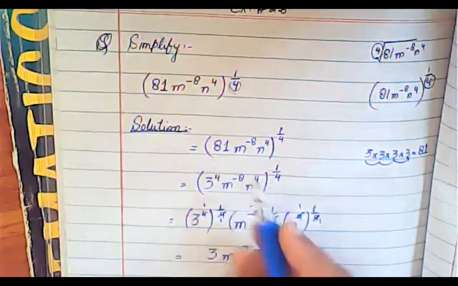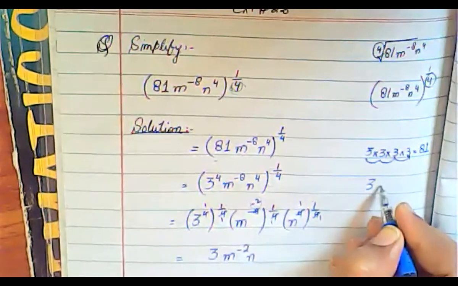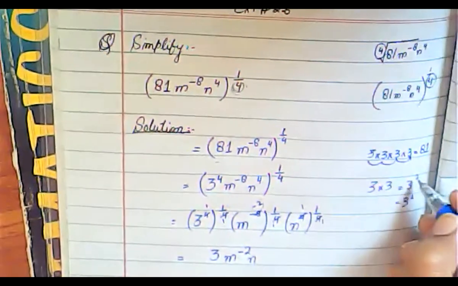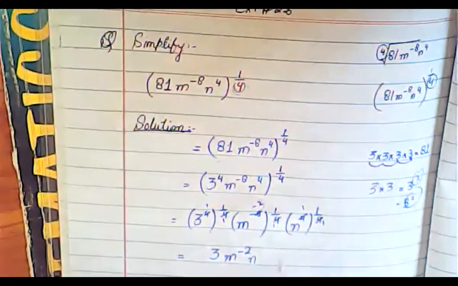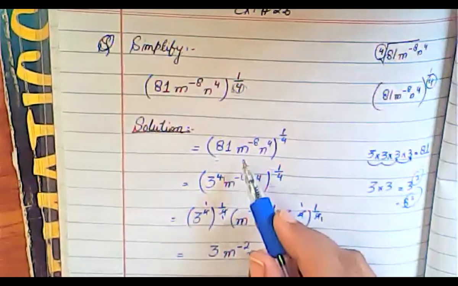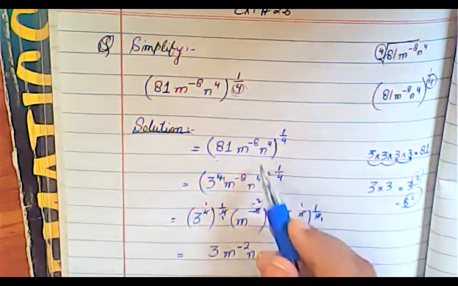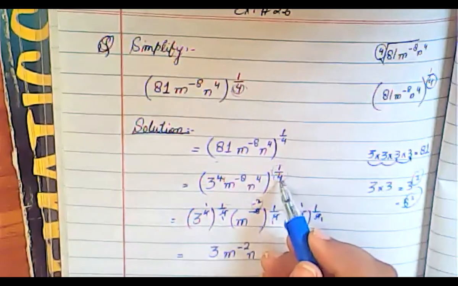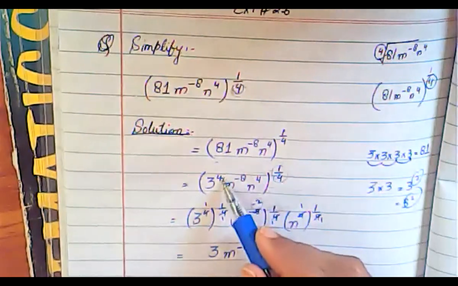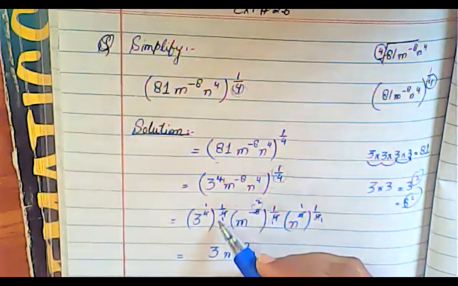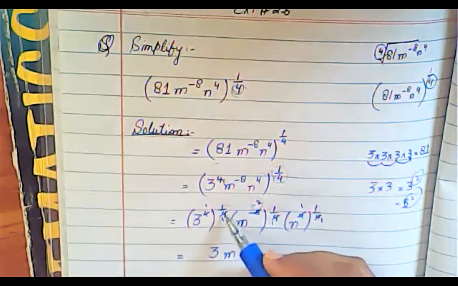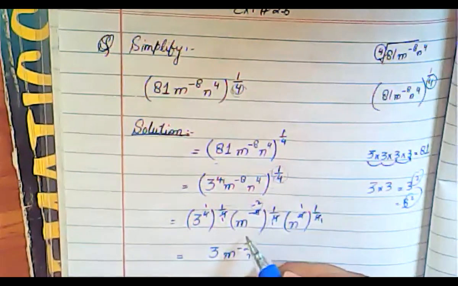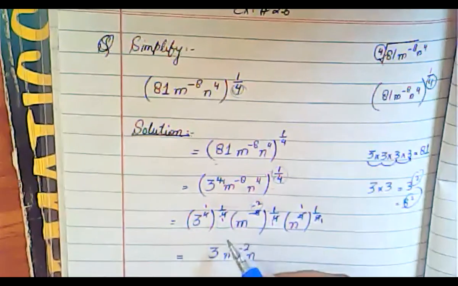Okay, you cannot write here in this form 3 multiply by 3, it is equals to 3 square. You have to take the fourth power, so you will write here 3 raised to the power 4, and then m minus 8 and 4, and then 1 upon 4. Okay, this is 1 upon 4 and it is the whole power, so it will multiply with each power which is present inside the bracket. So separately you will multiply each power with 1 upon 4. Understand? Clear? Then you will simply cancel it.